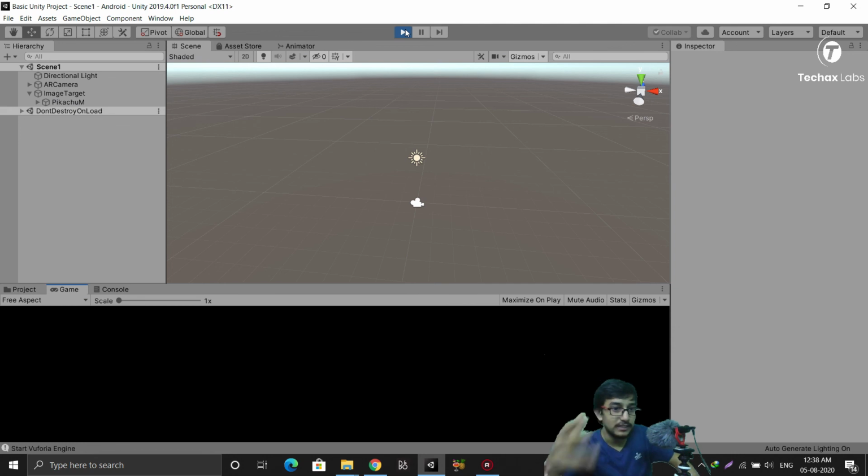Here you can see in the game window it's still black. It is just because my webcam is being used in the screen recording. At this stage your webcam will be opened and you will be able to do the things, but I will be able to do this only when I stop this recording. So here I will end this session.